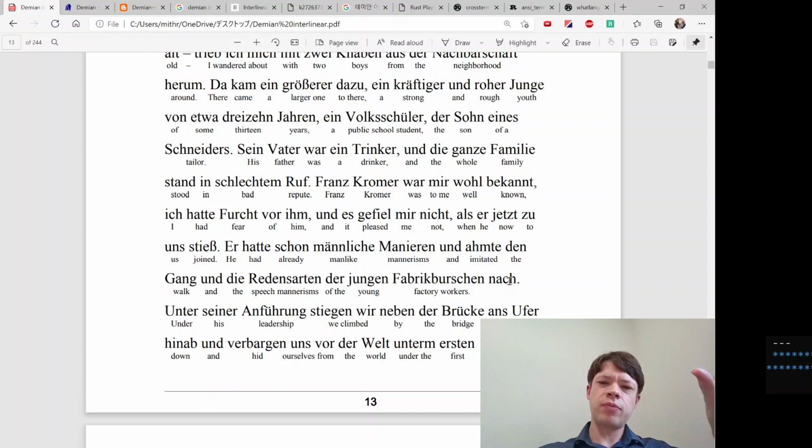For stuff like that, it's better to just ignore it, basically. You want to write the meaning of the verb right here. So amte nach, like to imitate the young factory workers. This is joined to here, but in a translation, you don't want to ruin the flow, so you can just leave that empty.